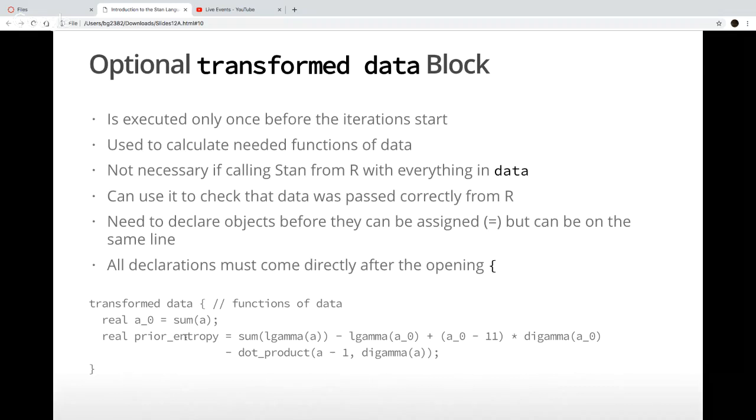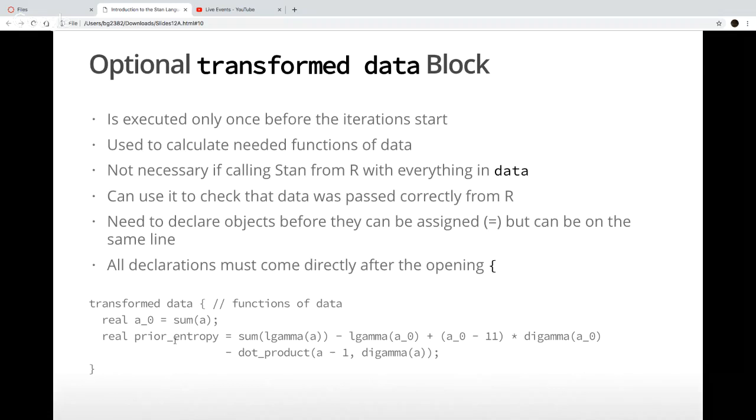And then if I wanted to, I can calculate the entropy under my prior using an expression I got from Wikipedia, which is just like this thing here. None of this was actually necessary for my model, but I just wanted to show how you could use the transformed data block to do things like this. So just functions of A, that's fine. But you use the equality to assign them, and you have to declare their types.